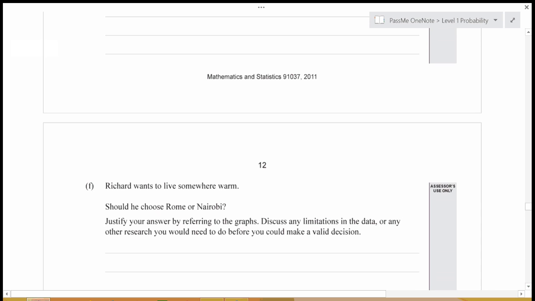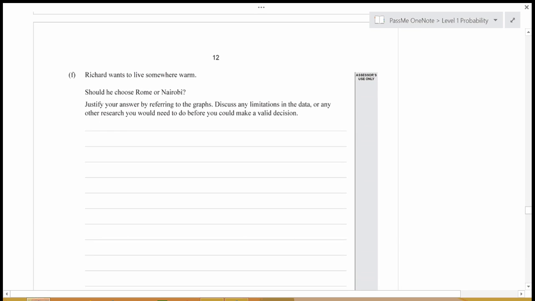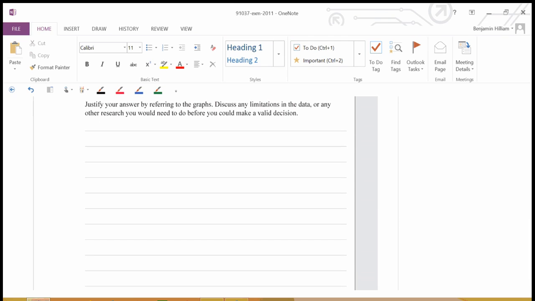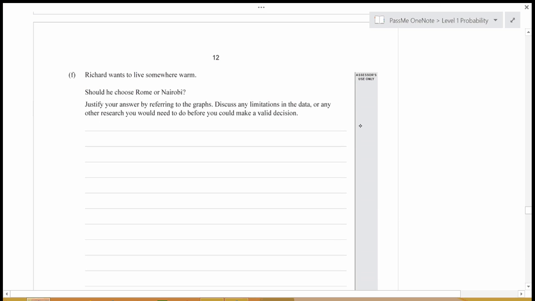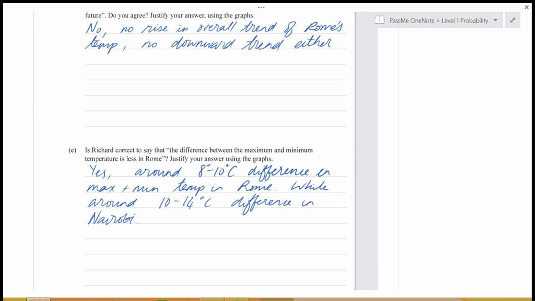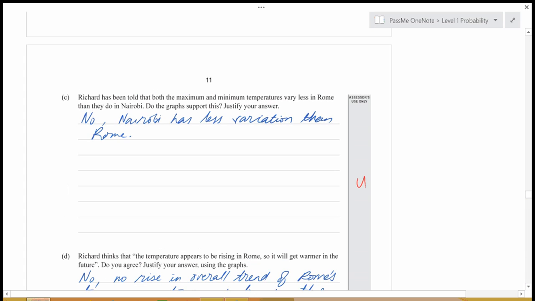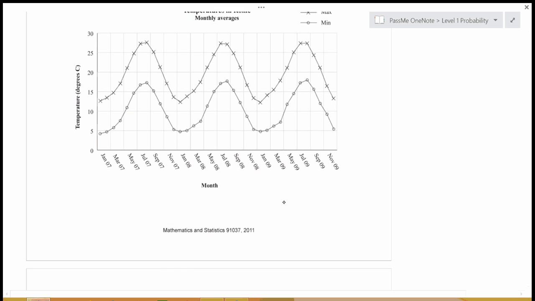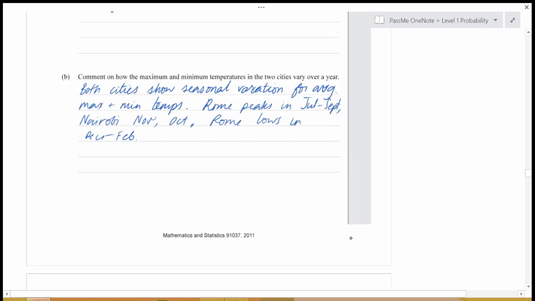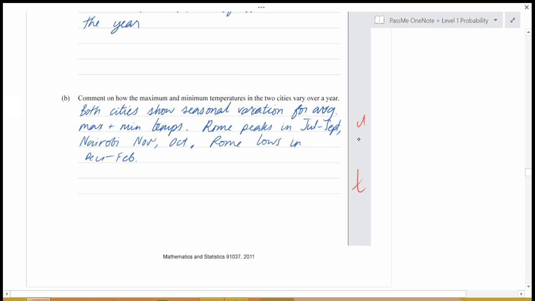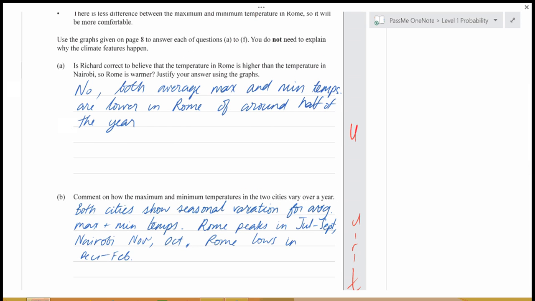Okay, so that's a discussion of F, which is the excellence question. And if you're really thinking about things carefully there, you're going to get a T. And we've got two R questions here, and C is really an achieved only question, and B, depending on how you've answered that, can be anything from U to T, and that first question there is a U, an achieved question as well.